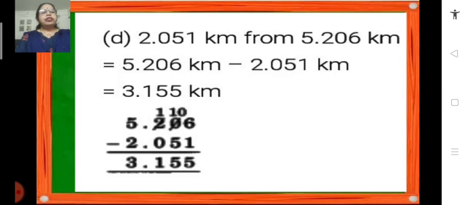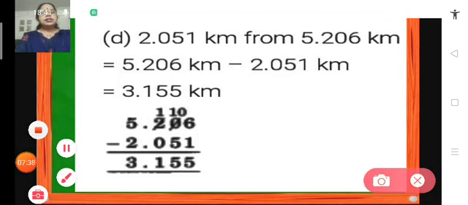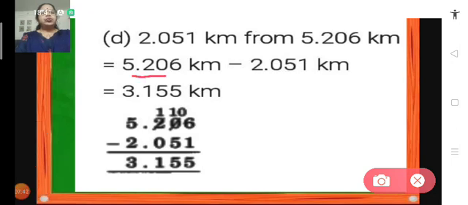2.051 kilometers from 5.206 kilometers. So, we write it like this: 5.206 kilometers minus 2.051 kilometers. We place them according to their place values. We should always keep in mind that the decimal points are aligned, and then we start subtracting from the thousandths